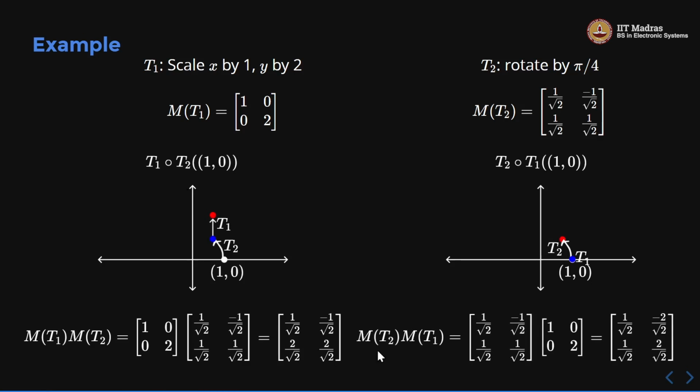So what happens here? You can again check it out with multiplication. If you do M of T2 times M of T1, notice this matrix comes first and that matrix comes next. And now you can use the column picture, right? So this first column multiplies this. You get the first column here as 1 by root 2, 1 by root 2. The second column multiplies these columns here, and this gets multiplied by 2, so you get minus 2 by root 2, 2 by root 2. Notice that this matrix and this matrix are not the same. They are different. The diagonal entries are the same, but the off diagonal entries sort of get flipped. So they're not the same. Okay, so this tells you matrix multiplication is not commutative. The composition of linear transformations is not commutative. Okay, so it's a nice simple